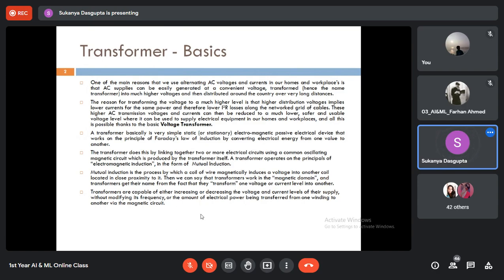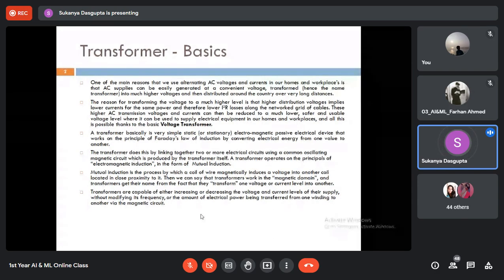Now these higher AC transmission voltages and currents can then be reduced to a much lower, safer and usable voltage level where it can be used to supply different electrical equipments in our homes and workplaces, which are mainly operated on very low voltages, not very high like 400 kV or 33 kV. And all this is possible because of the voltage transformer,